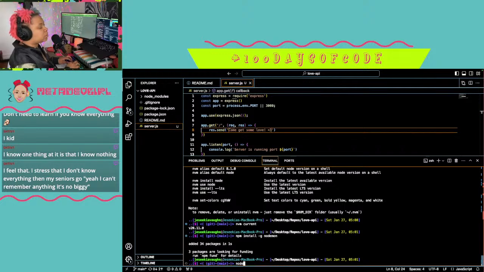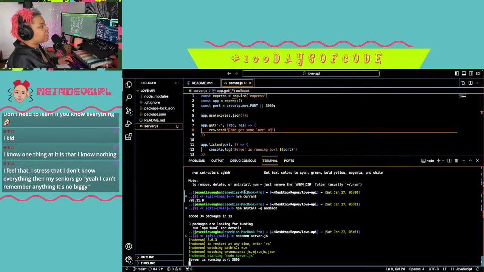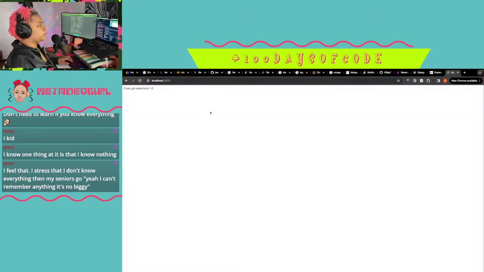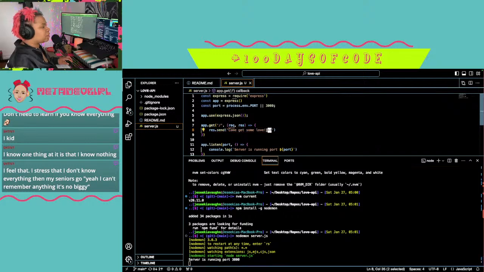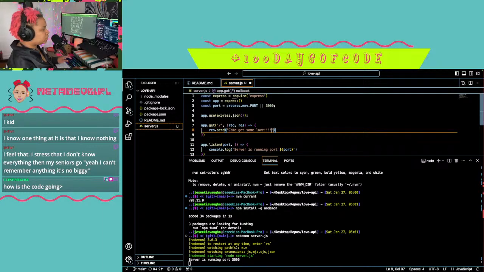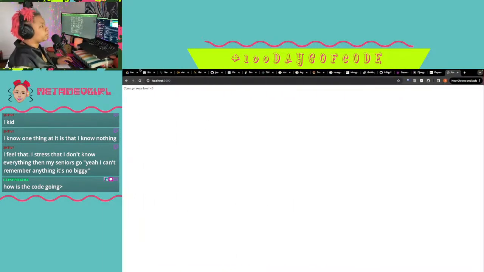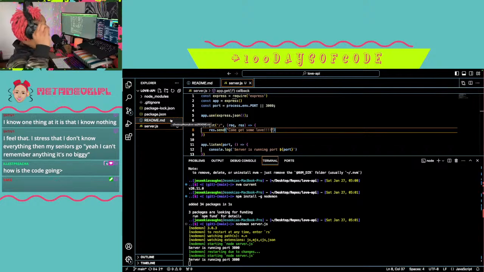So now, just to verify my server's running, if I was to save that, then it'll restart the server. So I won't have to keep restarting whenever I make server changes.